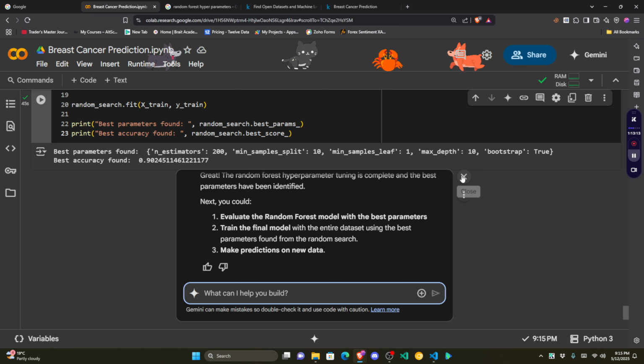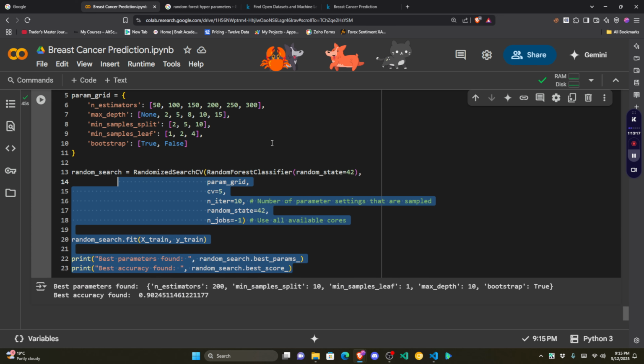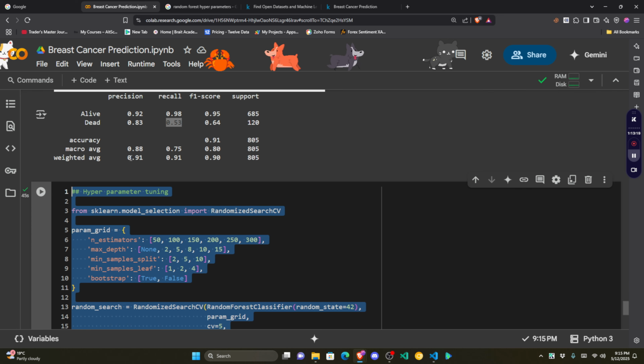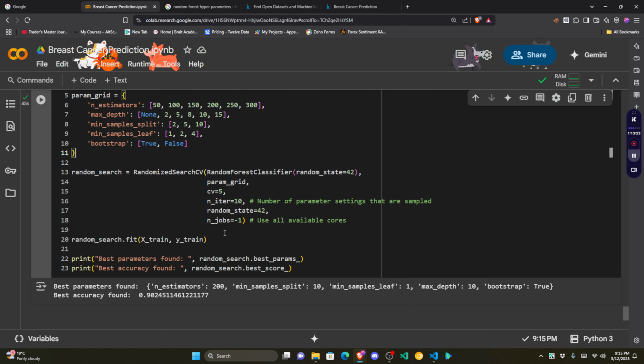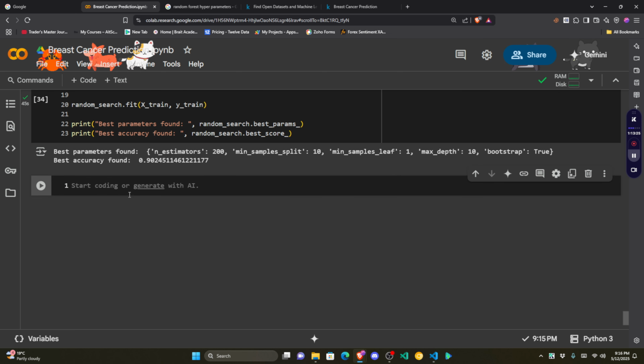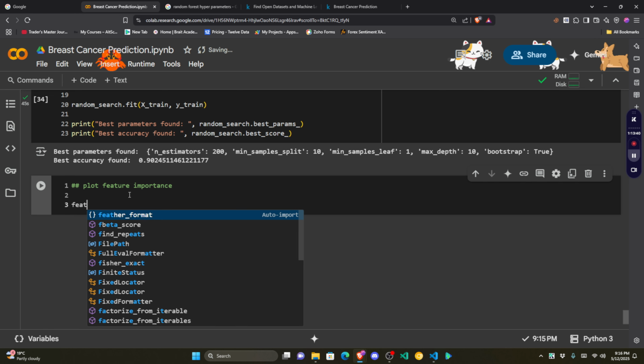So that's something I'll leave you to explore. That's what we have for the hyperparameter tuning. You'll have access to this once I share the notebook. And then the last thing we can do is we can plot feature importance. So we'll have the variable feature importance